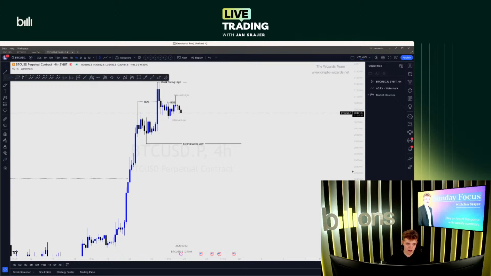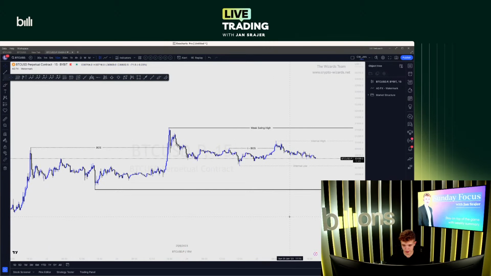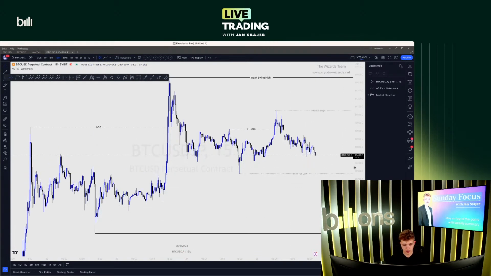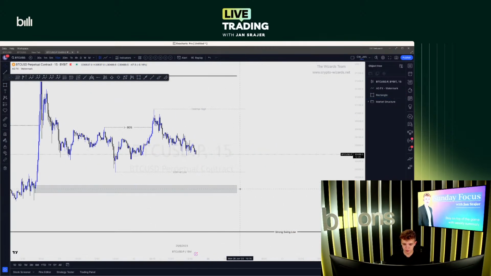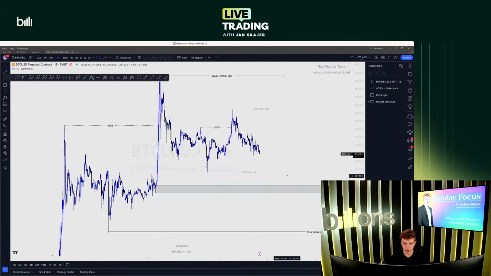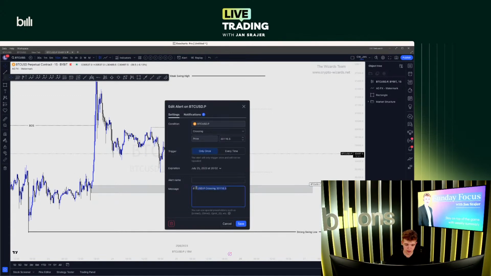Let's go to the 15-minute time frame and let's start talking about some supply and demand levels, the levels that will actually tell me something, where I could be looking for some trades. So zone number one is this one down there, a 15-minute supply and demand zone. This is really going to be the first level where I'm going to start looking for potential longs. So what I'm going to do is create this level right here, or this alert, and I'm going to call this BTC potential